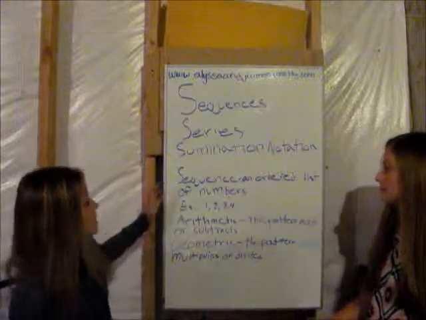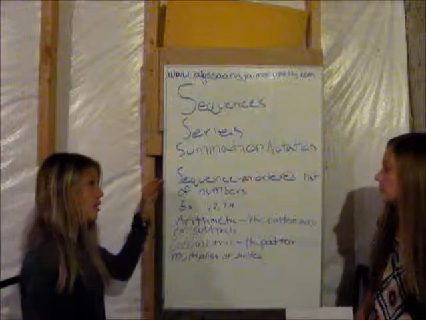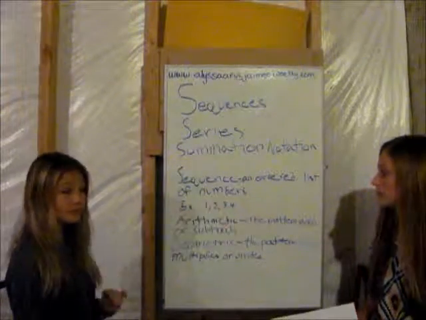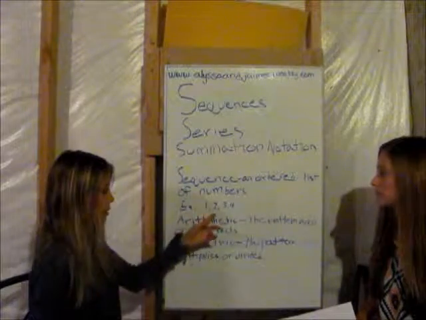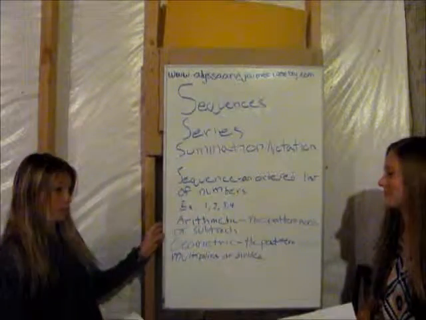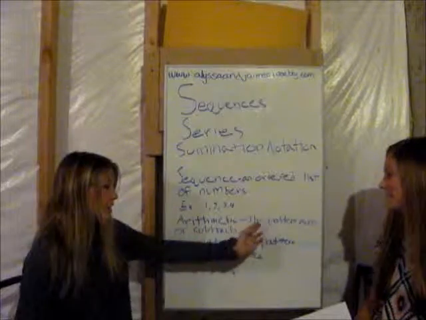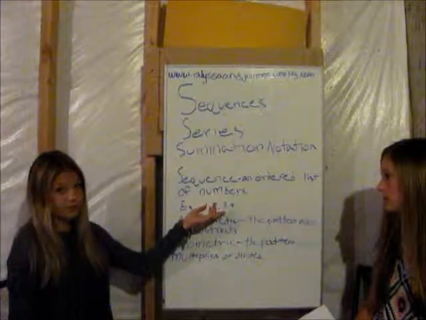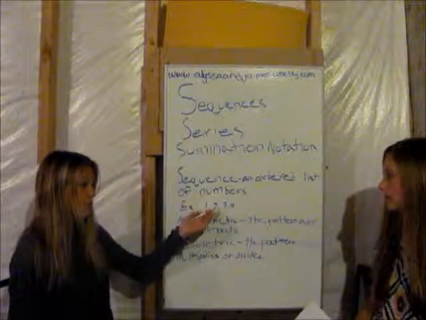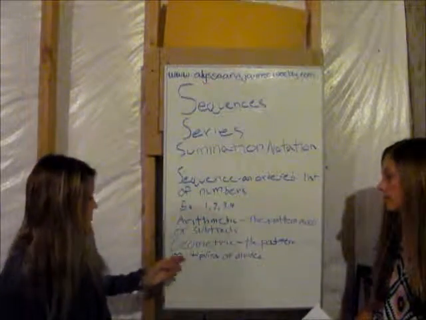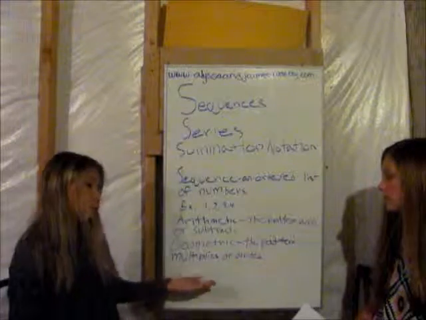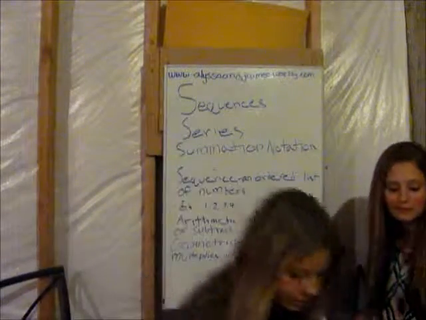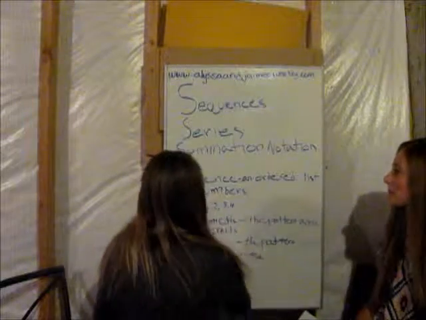First up is sequences. Sequences are an ordered list of numbers. An example of this is 1, 2, 3, and 4. Pay close attention to the commas in this. Arithmetic sequences are where the pattern adds or subtracts. This is an example of this because it goes up by 1 each time. Geometric is when the pattern multiplies or divides. And for our examples,